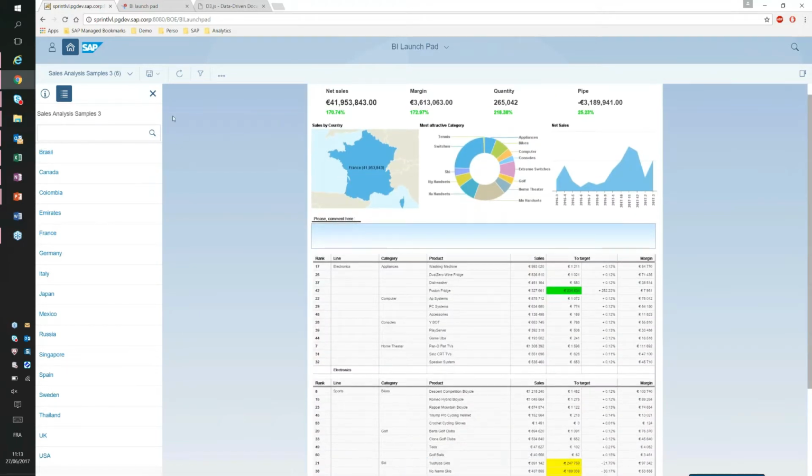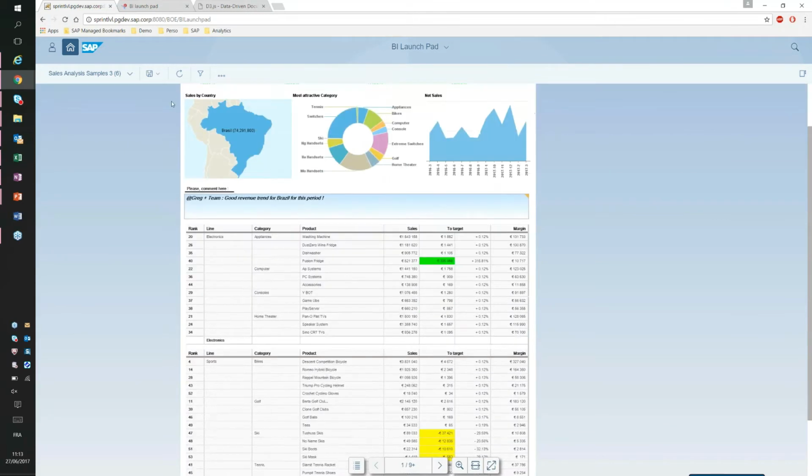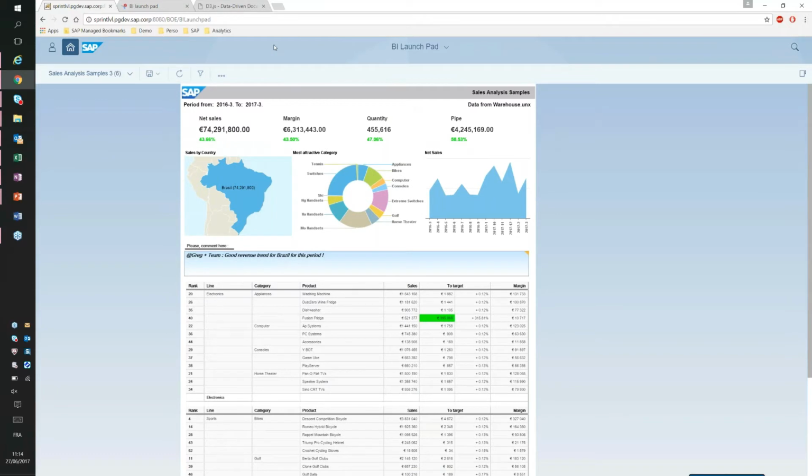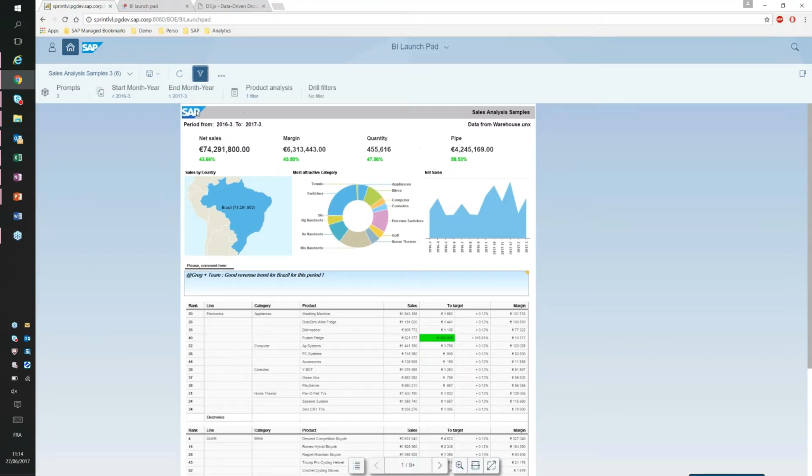Another thing we did, and this also concerns usability, is that in Webi we have different filtering concepts. So we have input controls, drill up, drill down, the drill bar, element linking, and so on and so on. Many different types of filtering concepts that in the actual interface are located in different places. For example, input controls on the left and the drill bar at the top. Starting with SP4 and this new interactive viewer, everything is under one button, this filter button, and from there the end